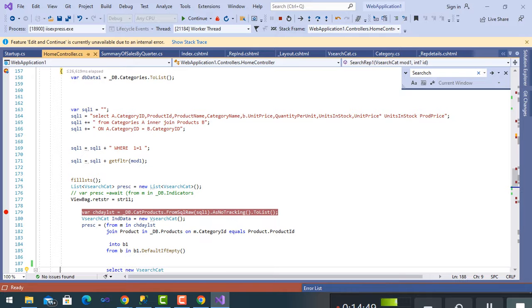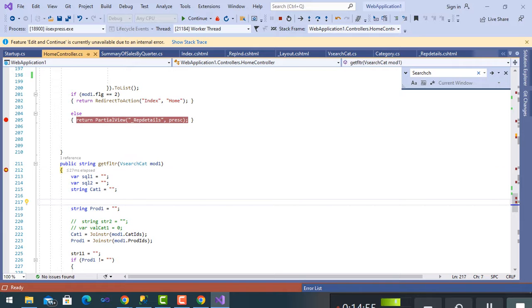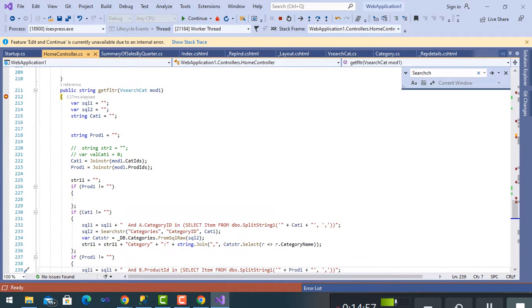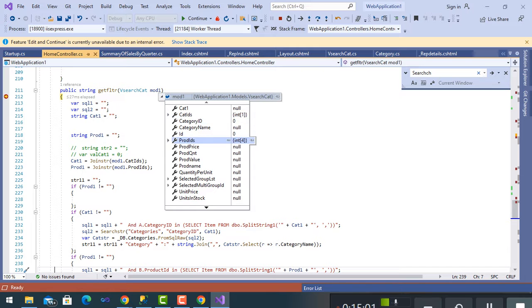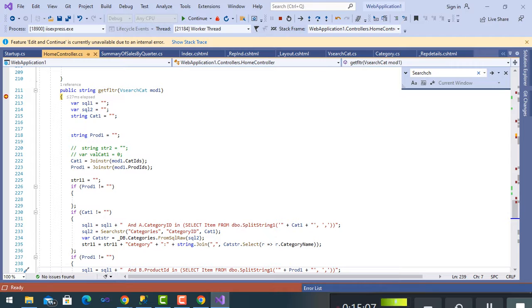However, here I will post with the select, get filter to criteria. This is the model. As you see, it contains product IDs before I choose, and the categories, beverage only one. Here to build the string of filter,